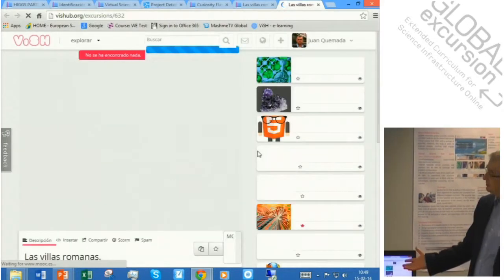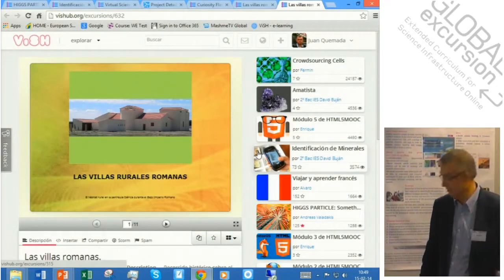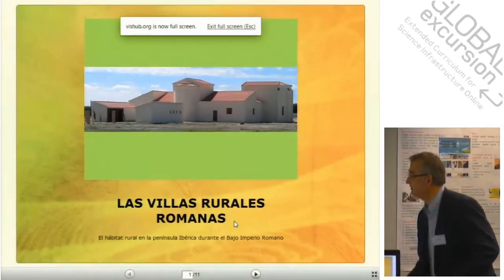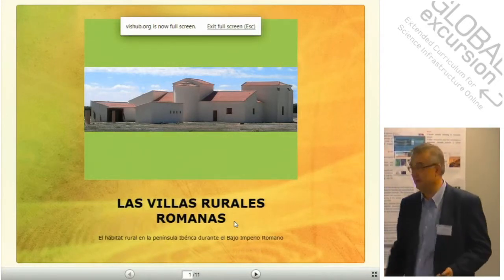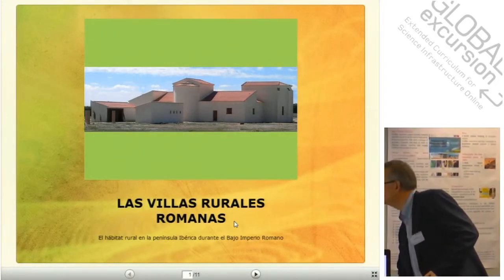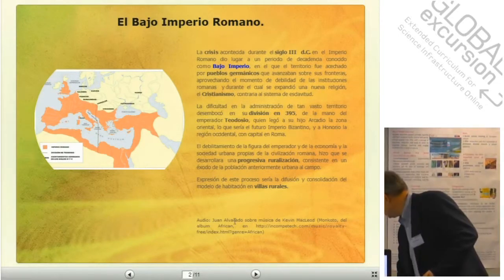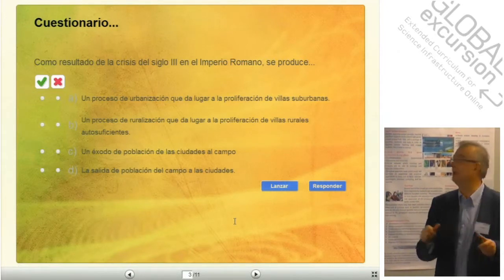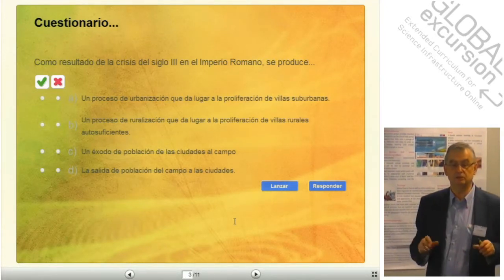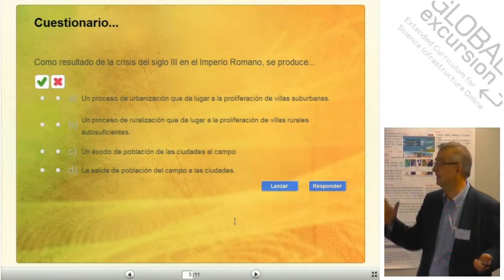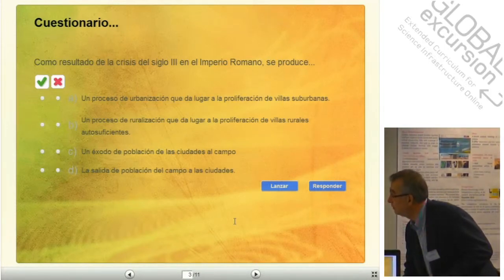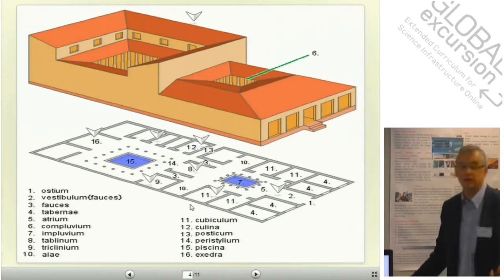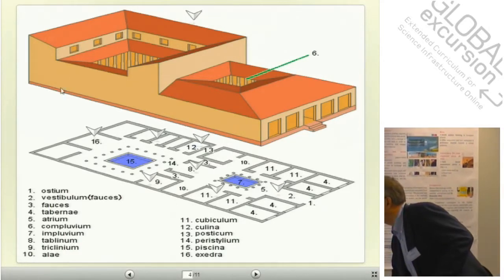Well, and so this is an example of an excursion which was created in the last competition. It's very nice. It's in Spanish, but it's about Roman villas in Spain. And basically, you create these compositions. Then an explanation of the Roman Empire in Spanish, a quiz which can be answered from the mobiles of the students or tablets in the school, or also by raising hands if they want. But we have provided support for the technological access also, and flashcards,